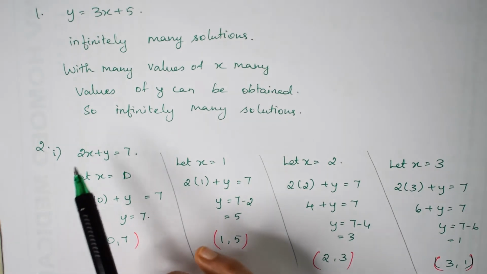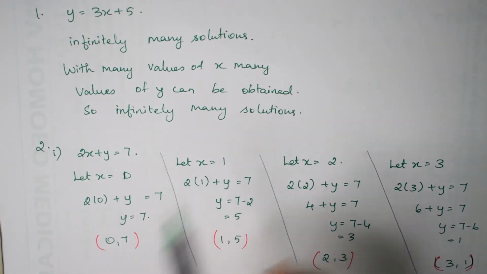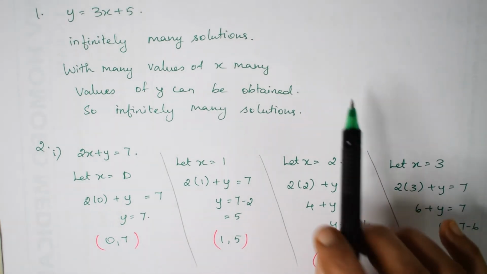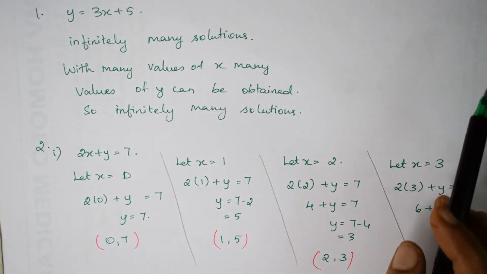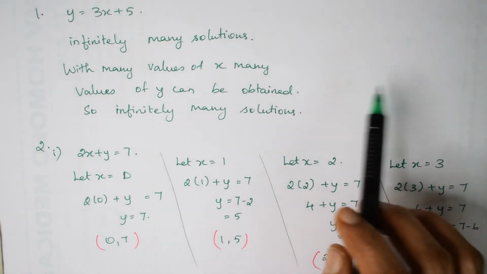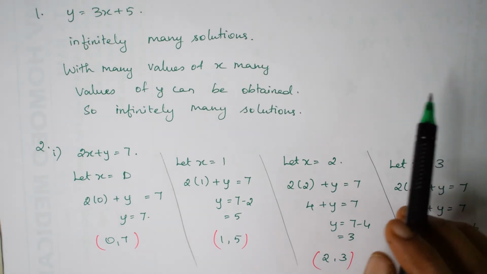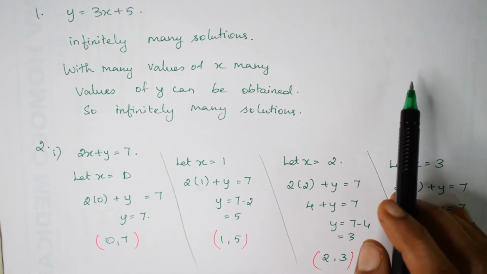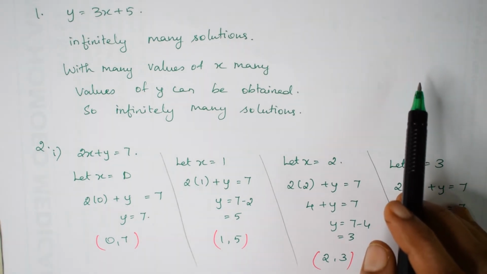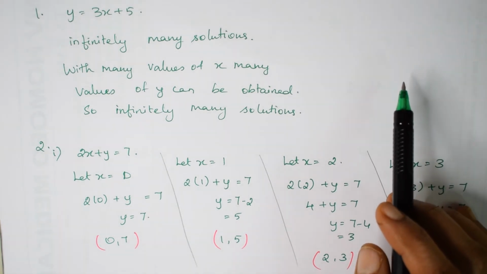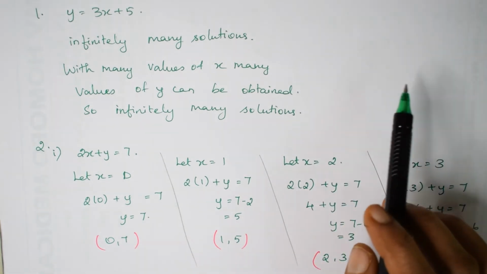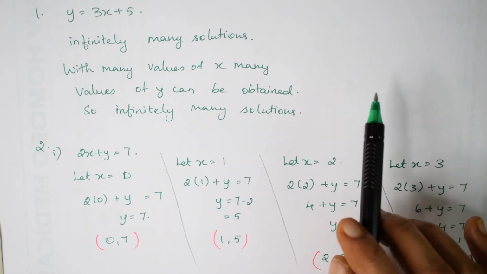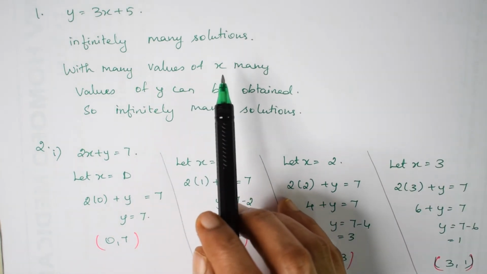And then second, they have given only two solutions. Okay, suppose on a graph sheet you are going to draw a straight line. There will be a starting point and ending point, but the coordinates given need not be the starting point and the ending point of the straight line. So what happens on a straight line? How many points will be there? Infinite number of points, because a straight line can be extended to infinity. So there will be an infinite number of points on a straight line on a graph, and so we can't have only two solutions also. And so the third option, infinitely many solutions, is the correct option.